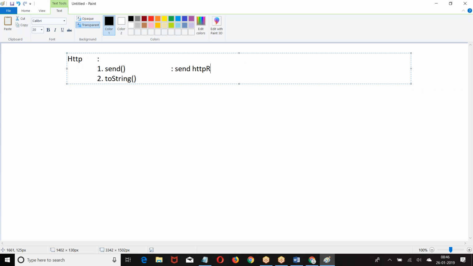Send will send an HTTP request message and we will get an HTTP response message. The send method sends a request and we get a response.